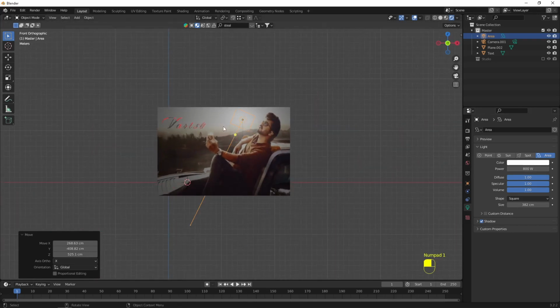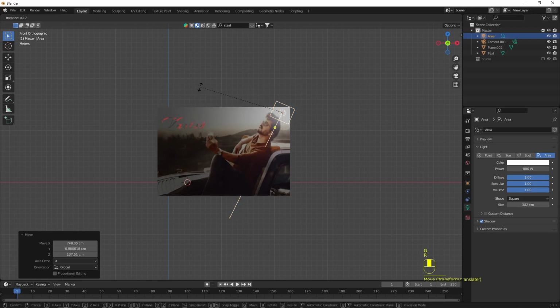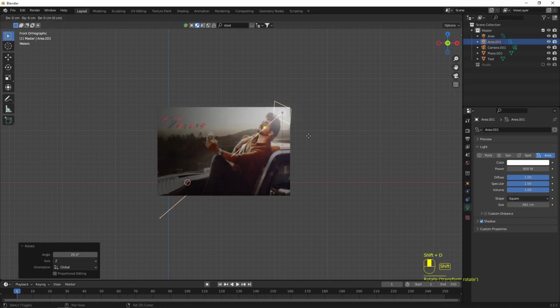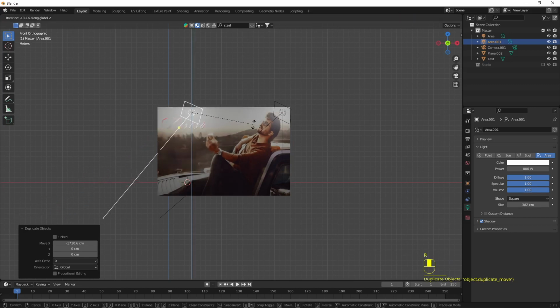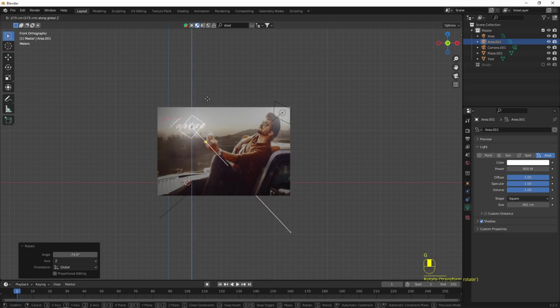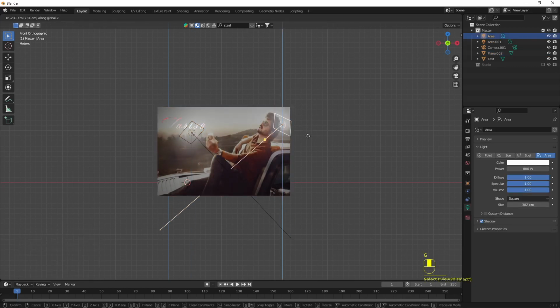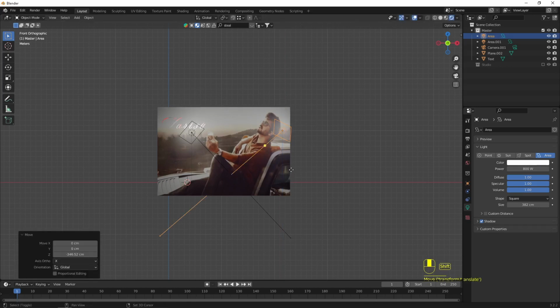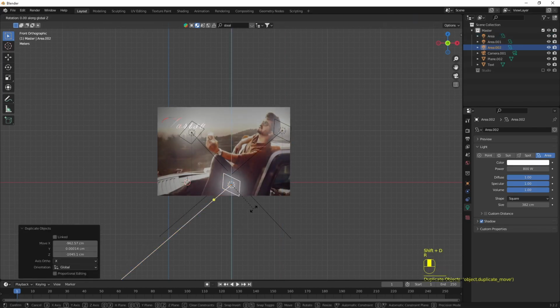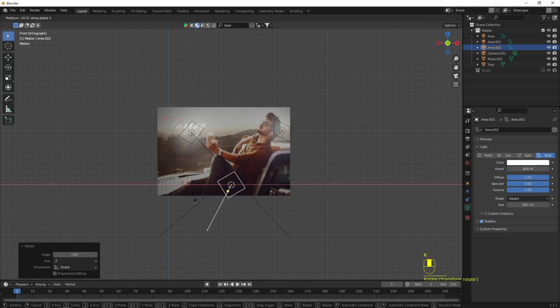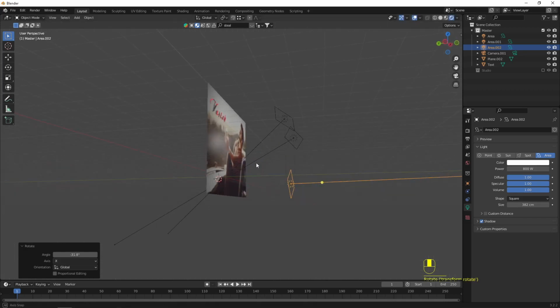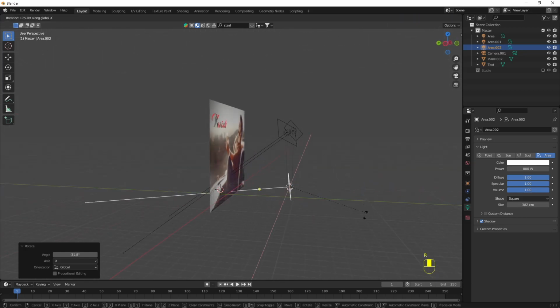I go to the front view and G to move it, rotate it in the Z axis this way. Shift D and X to move, rotate it in the Z axis like this, and I press G to move. Select this and G to move, and press Shift D to duplicate and rotate it in the Z axis, and rotate it in the X axis. Okay,